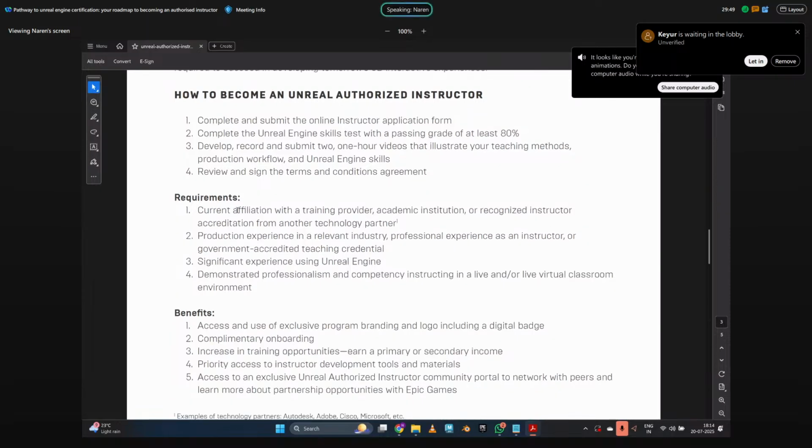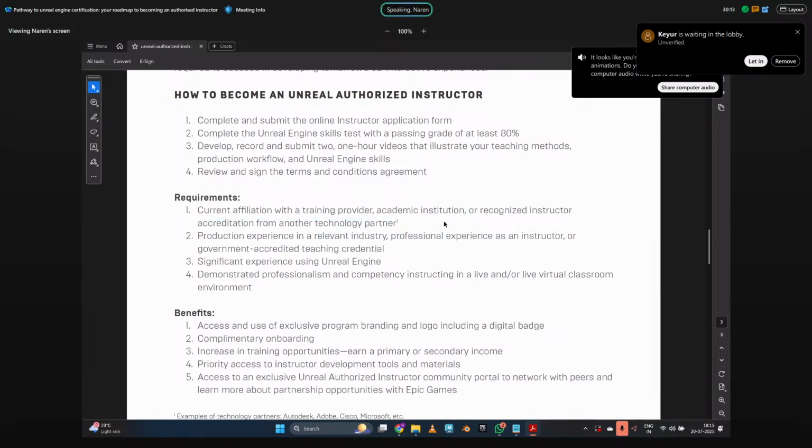Coming back to the requirements: a current affiliation with a training provider, meaning you should currently be teaching Unreal Engine in your academy. It could be an institute, academy, college, or a university. As they mention, it includes academic institutions or any other technology partner. Then production experience in the relevant industry.